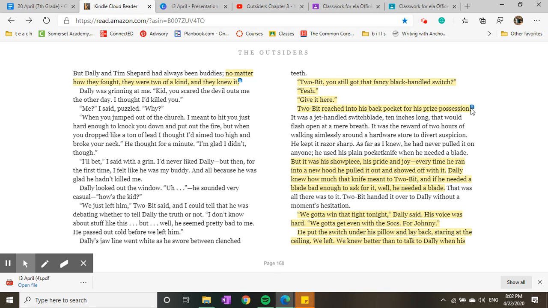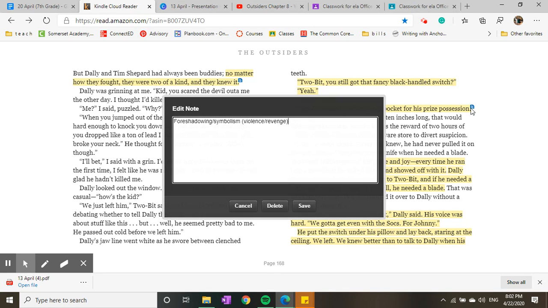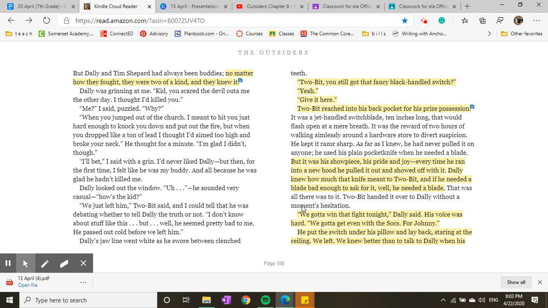Okay. So this is about the switchblade. So we've seen the switchblade. It got us into the problem in the first place. But inevitably, we have the foreshadowing of why he has the switchblade, because the last time we saw the dang switchblade, not this specific one, but Johnny's switchblade, we had the violence and, in essence, there's a couple things it could represent, honestly. I put revenge in this case, but more so, I guess you could go with violence.